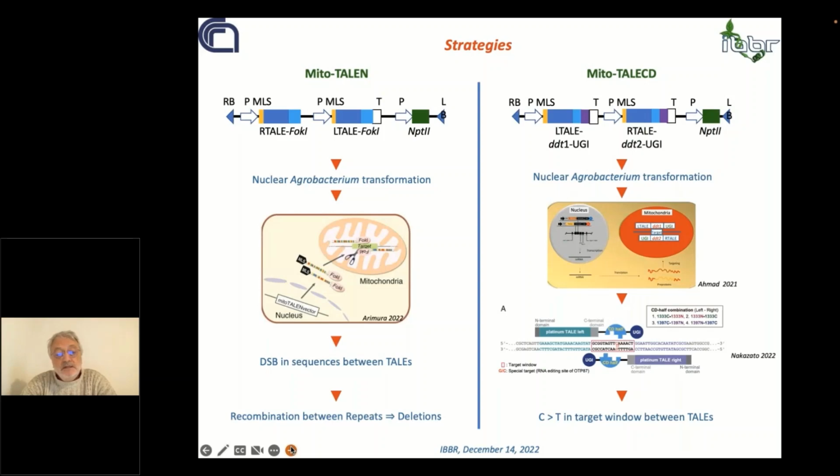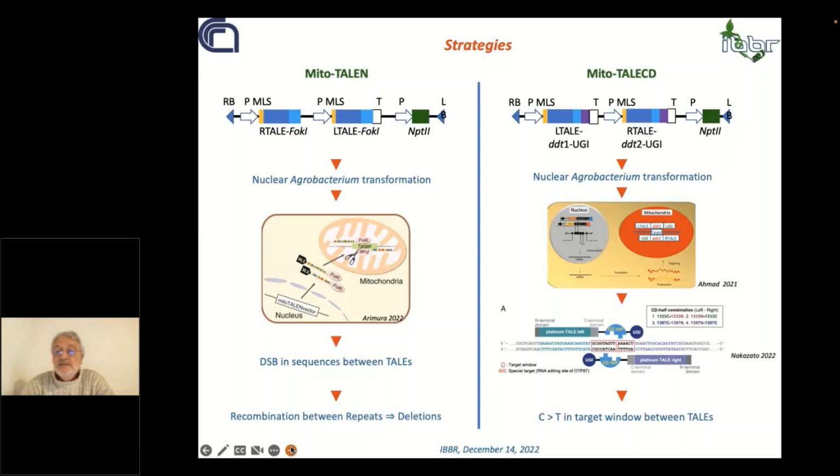And this, in contrast with the nuclear genome, in mitochondria, usually the repair of the double-strand break is through the homologous recombination pathway, not through non-homologous end joining. In the alternative approach that we used, it's a base editing method in which